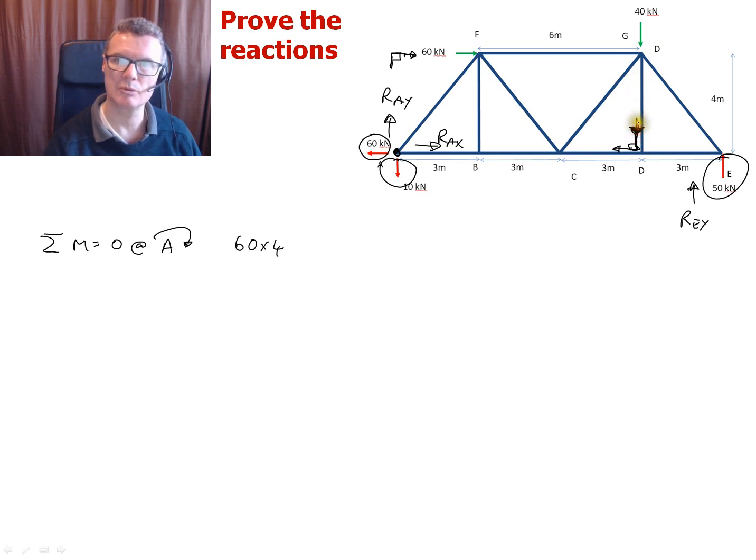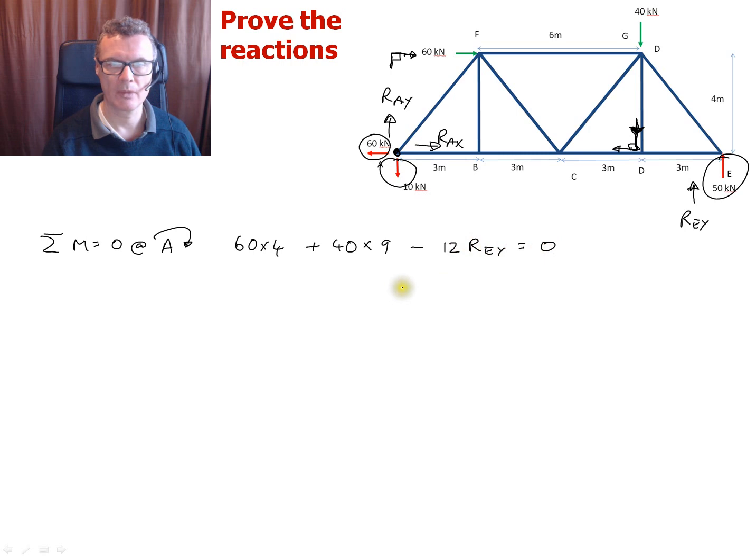So we're going around this sense, so it's creating a positive clockwise moment, so that'd be plus 40 times 9, and this REY would be going upwards, so 6, 12, we would be going in the opposite sense, minus 12 REY